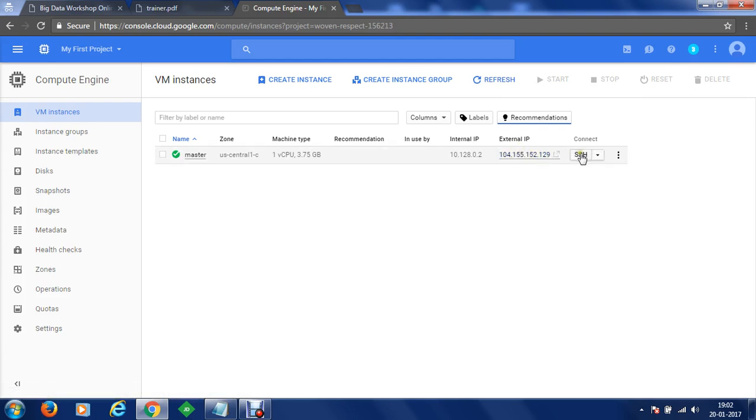We can connect to SSH. There are many options using which we can connect. We can open a new browser window. We can open a browser window on a custom port. We can view the gcloud command as well, and we can use any other SSH client also. At the moment, we would like to get started with the default behavior. That is, we are going to open and connect to our virtual machine instance using a browser window. So let's click on SSH,